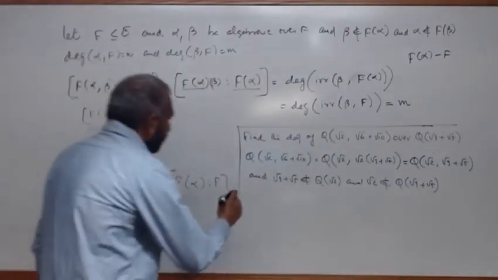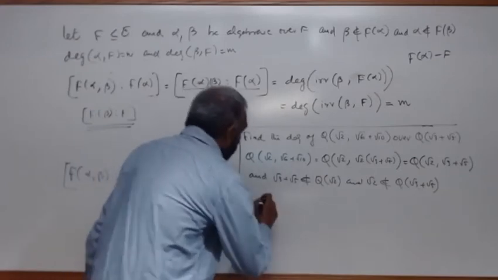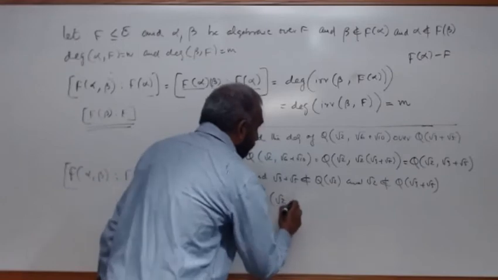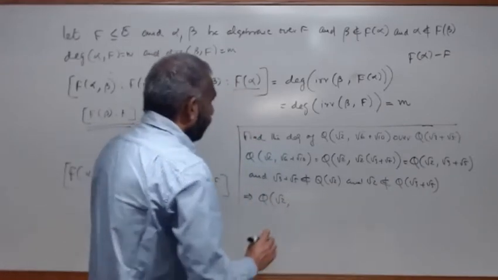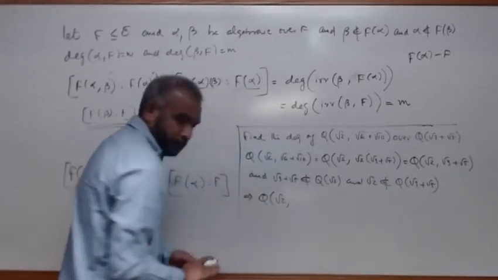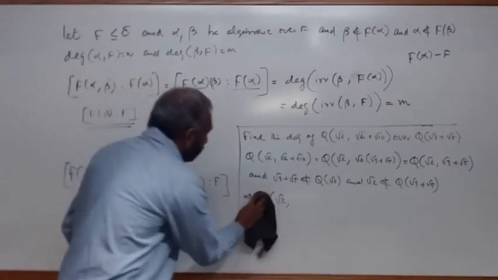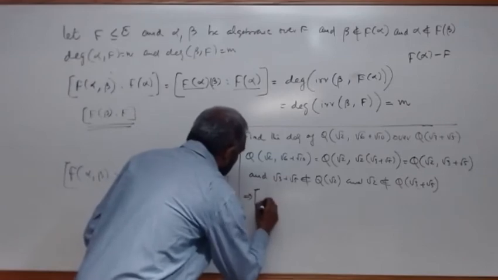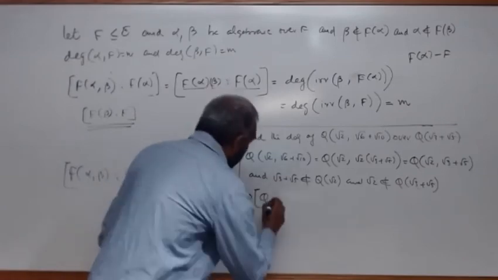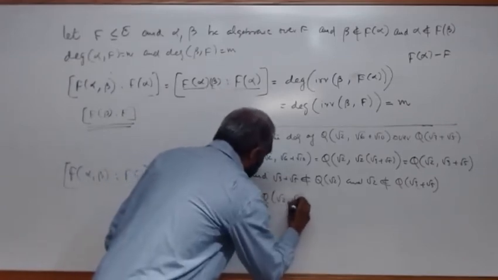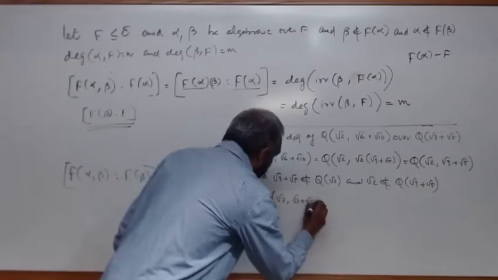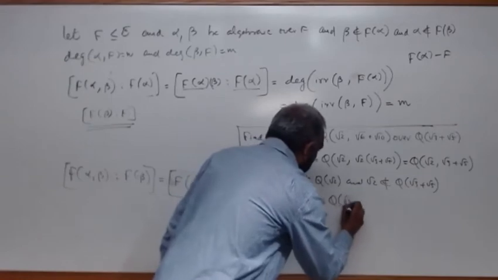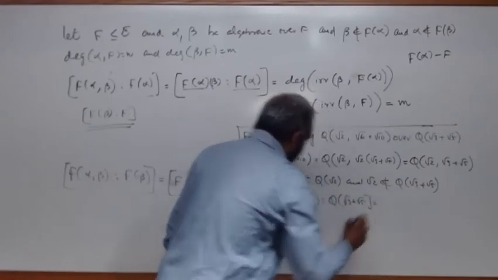So this implies the degree of Q of root 2 comma root 3 plus root 5 over Q of root 3 plus root 5 is equal to